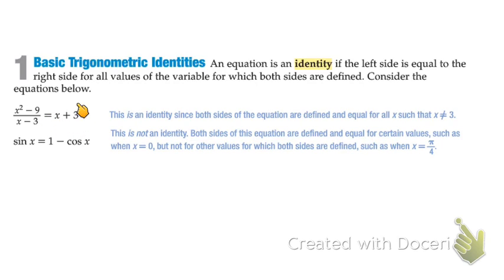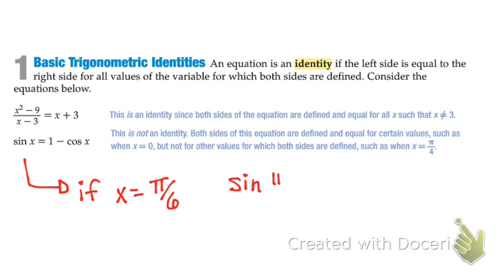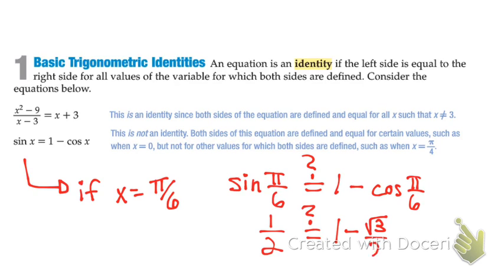3 and we could turn it, with some algebra, into x plus 3 by factoring the top and then canceling common terms. If we look at the one down here, we're going to see pretty quickly, if we were to plug in values, that we wouldn't have the same value on both sides. So for this one, if we put in pi over 6 and evaluate sine of pi over 6 and 1 minus cosine of pi over 6, you see that we don't get the same thing,